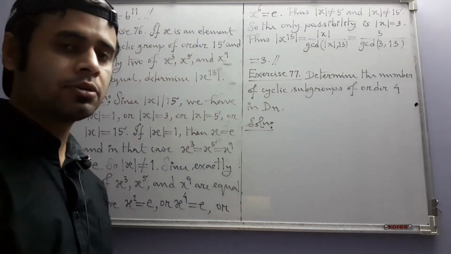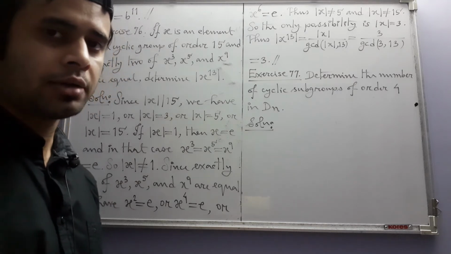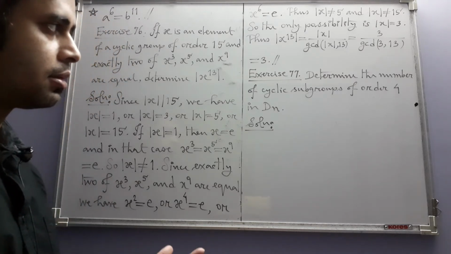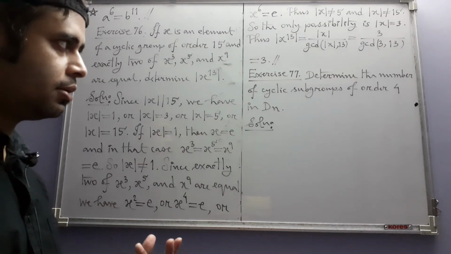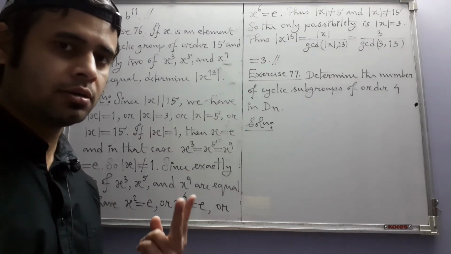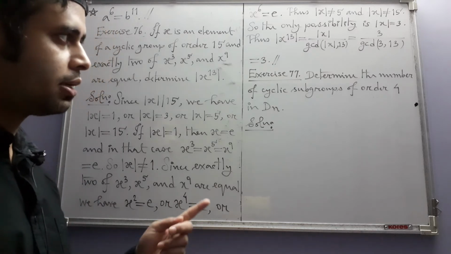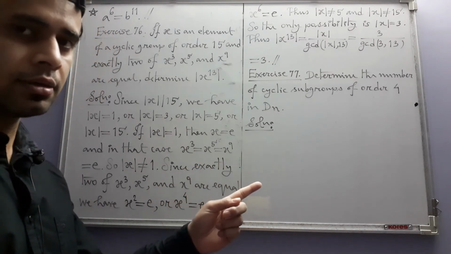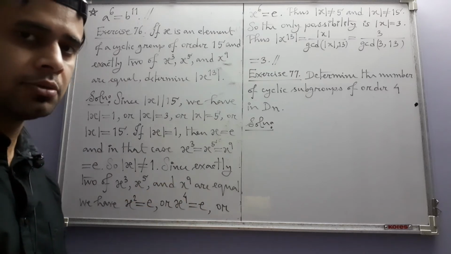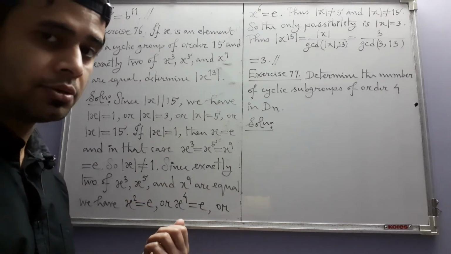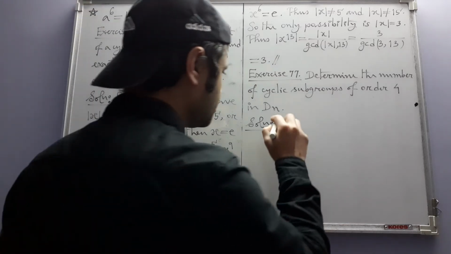Now a dihedral group, you already know, has two types of elements. Each element is either a reflection or a rotation, and we also know that reflections are elements of order 2. So none of them can generate a cyclic subgroup of order 4. So if there is such a subgroup, it should be generated by a rotation. Since